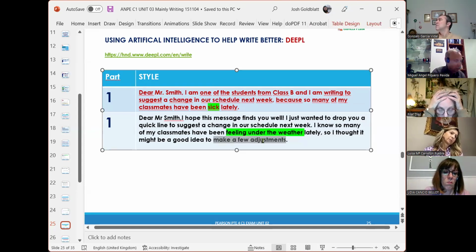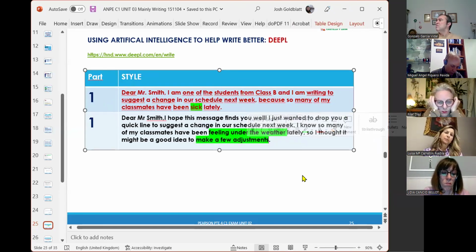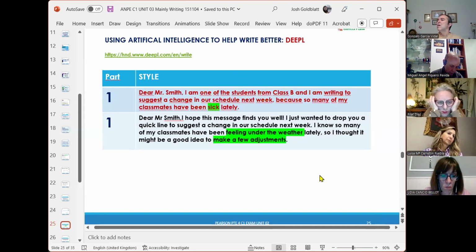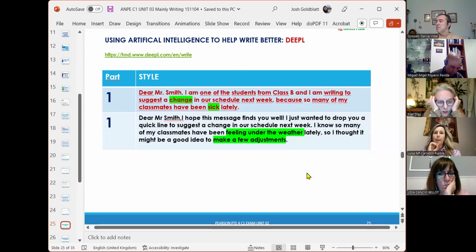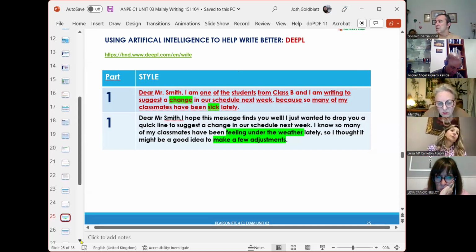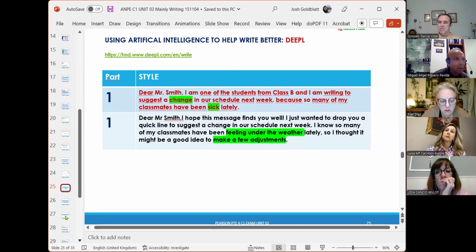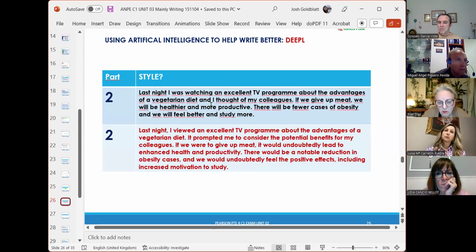Look at this. To make a few adjustments. Make a few adjustments. It's a lovely collocation, make a few adjustments. It's beautiful English, okay? Suggest a change. No, make a few adjustments. Can you see the difference? Yes. Second part. Last night, my version: last night I was watching an excellent TV program about the advantages